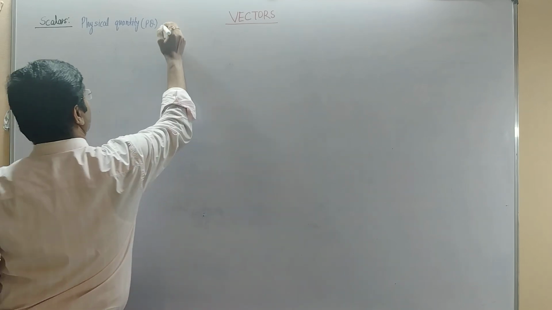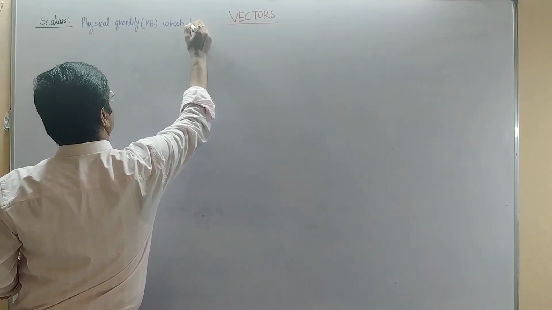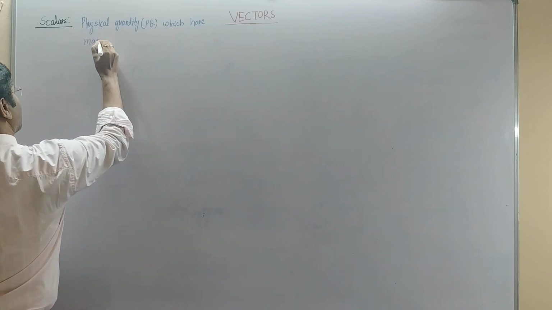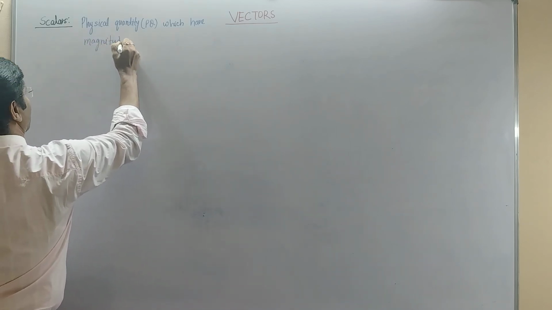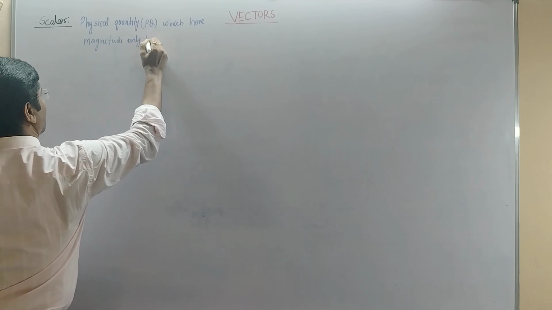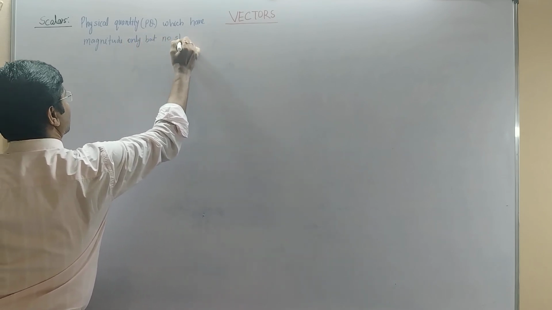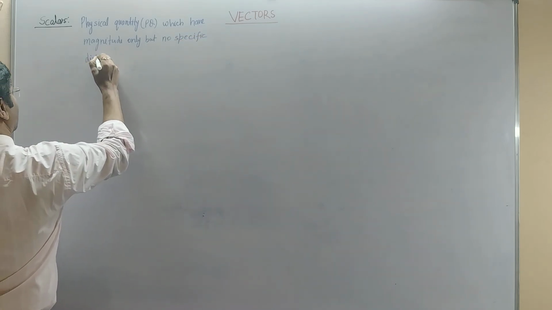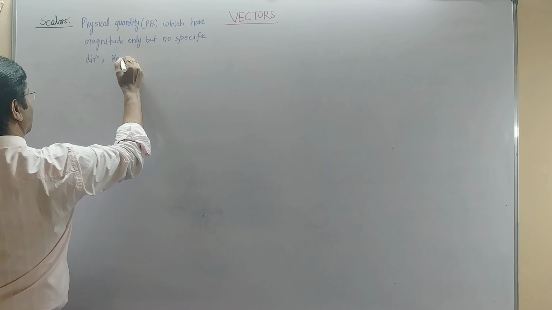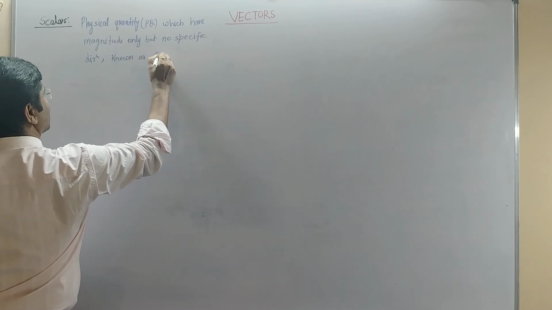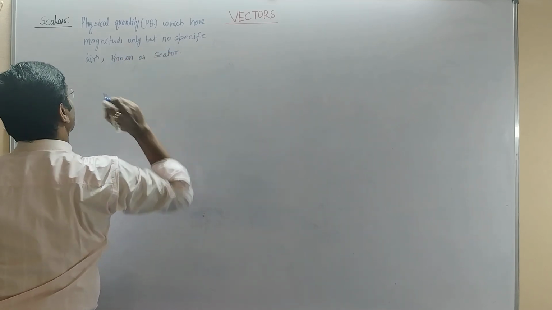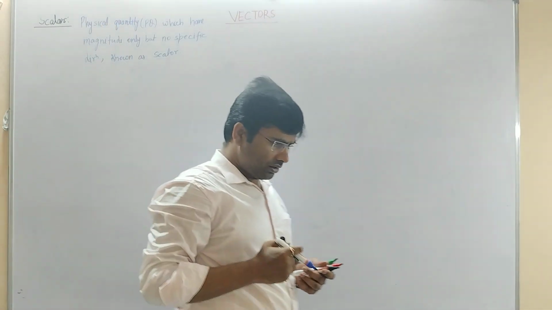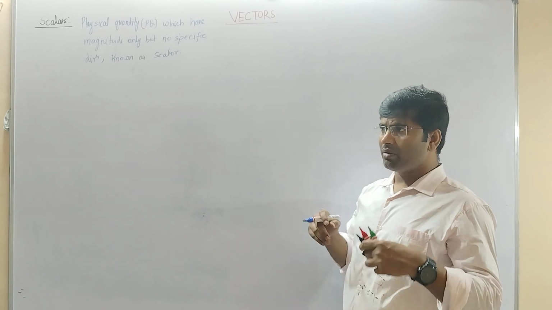Physical quantities which have magnitude only, but no specific direction, known as scalar. Physical quantities means any quantity in this world which is measurable, which we can measure, that is